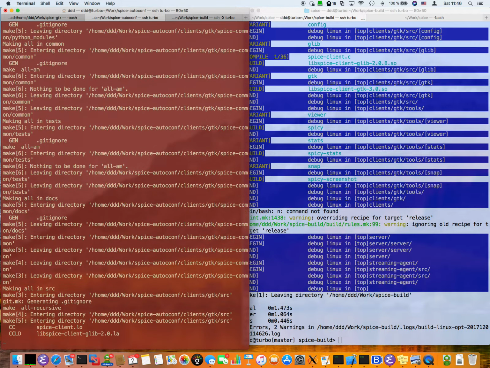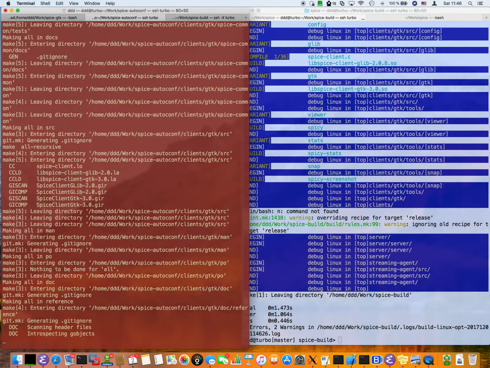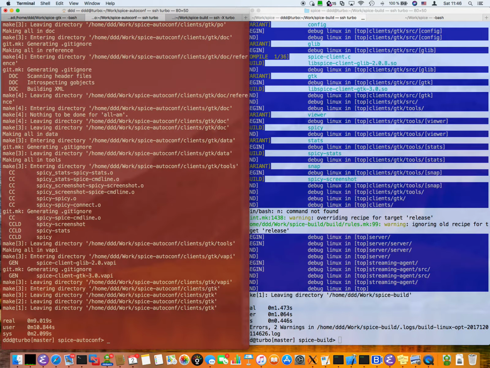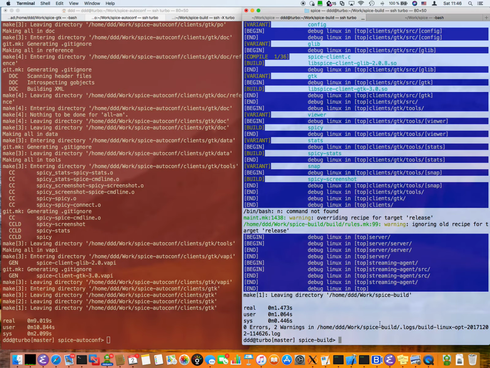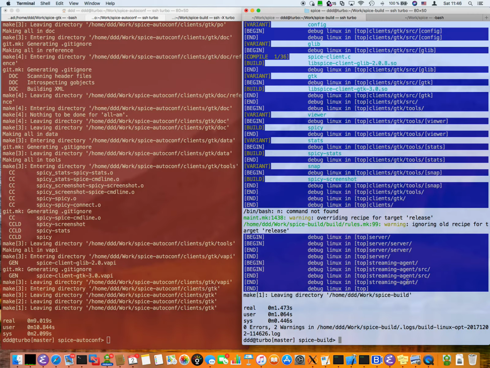And so we are going to compare what happens there. And you can see that it takes about 1 second versus about 9. So even for a small incremental build, it's quite faster on this side.